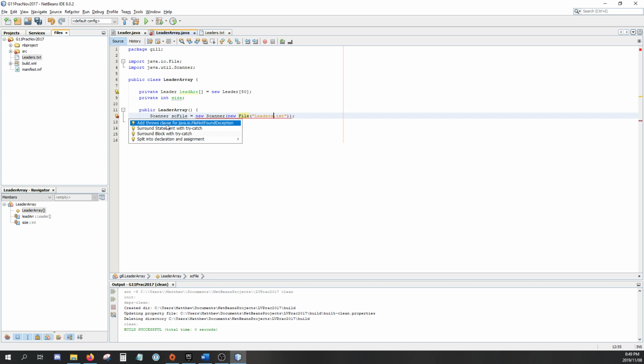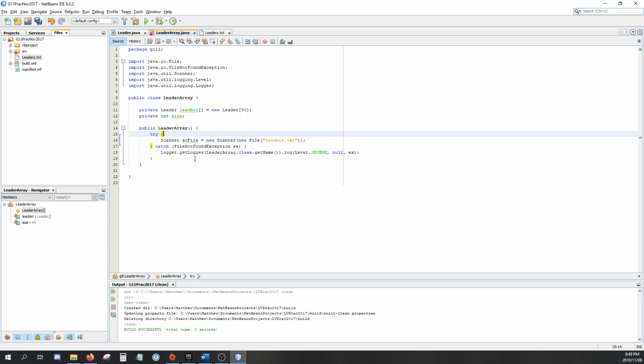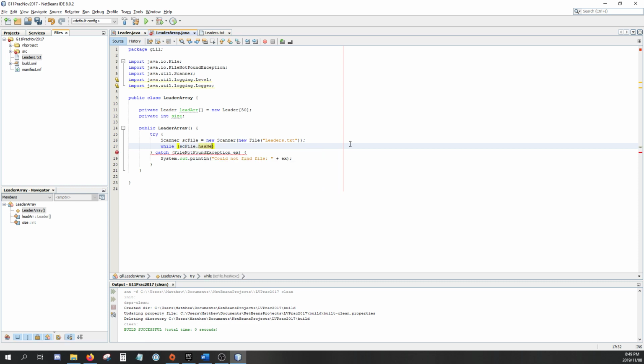Do not throw your errors. Catch them. Always catch them, or you're definitely going to lose marks. And we want to change the error message. So we'll just say could not find file. And then I like to add the stack trace anyway, because I found it quite useful. Okay, and so now once we've done that, while our file has another line,